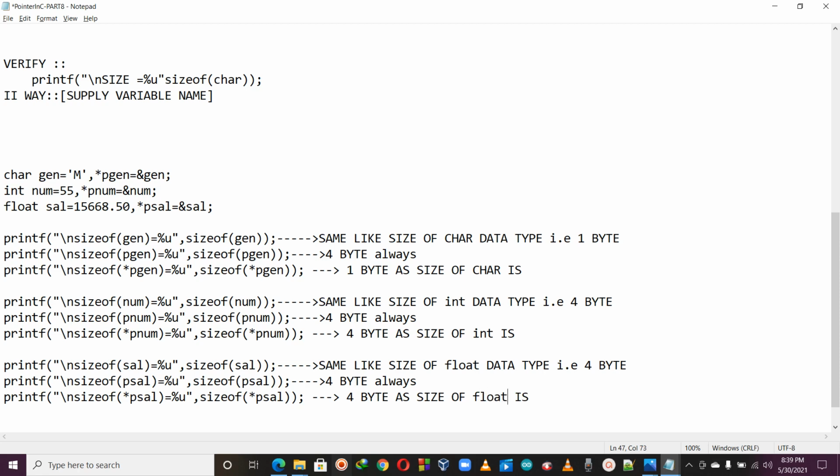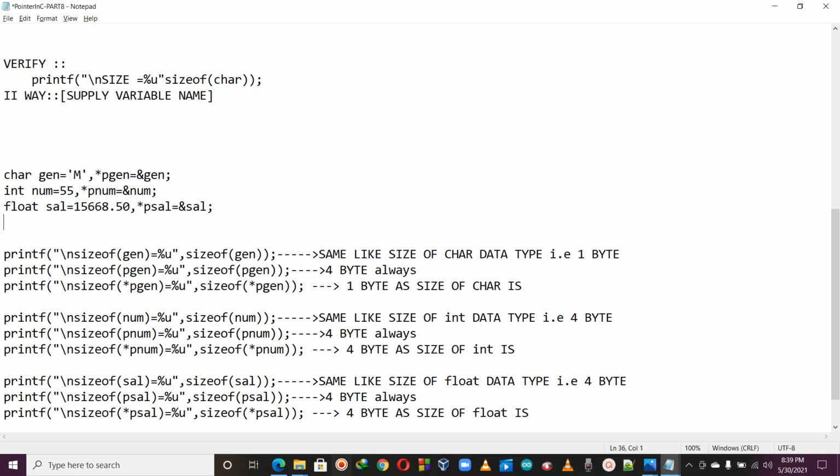Fine. Next I am taking one more case for double. Suppose I have some information named db. db contains 56, like this, and I have the pointer variable also, pdb. It contains the address of db. Fine.